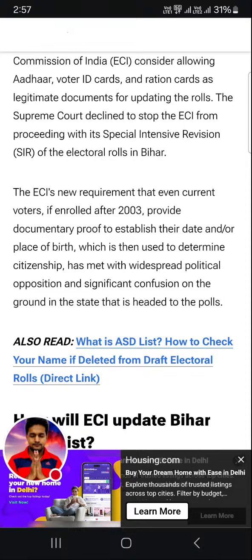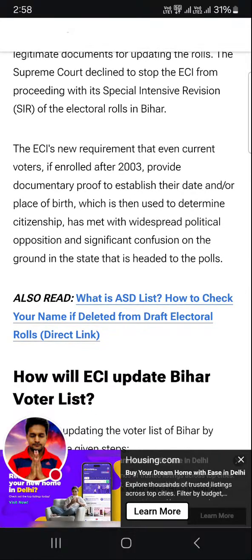The ECI's new requirement that even current voters, if enrolled after 2003, provide documentary proof to establish their date and or place of birth, which is then used to determine citizenship, has met with widespread political opposition and significant confusion on the ground in the state that is headed to the polls.